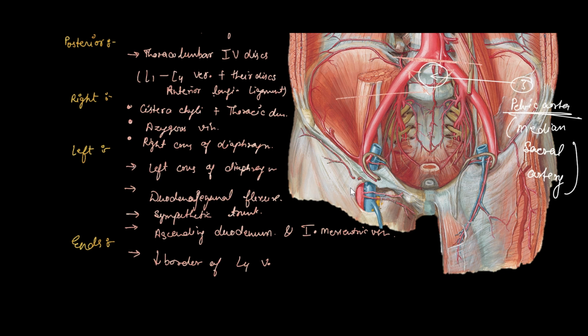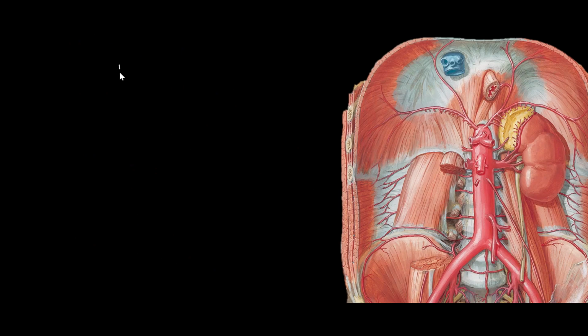Now let's see the blood vessels or branches arising from the abdominal aorta. So before looking for the branches, as we did in the case of thoracic aorta, we will see once again the classification of branches of abdominal aorta. Okay. So when we see for the classification of blood vessels or branches arising from abdominal aorta, they are classified mainly in two main categories. The one is parietal branches, the second category is the visceral branches.